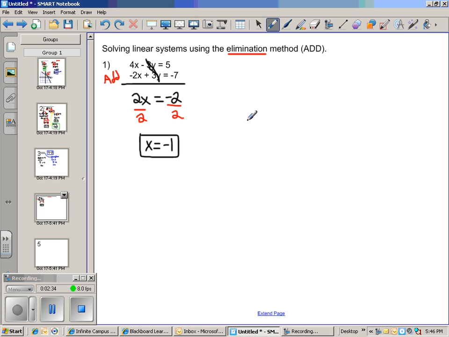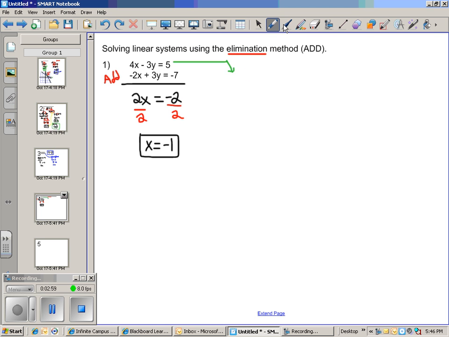Now we have to find y. So what we're going to do is go back to the original equation, back to the original problem, and we could take either the top or the bottom equation and plug in x equals negative 1 and solve for the remaining y. I am going to take the top just for fun. So if I take this top equation